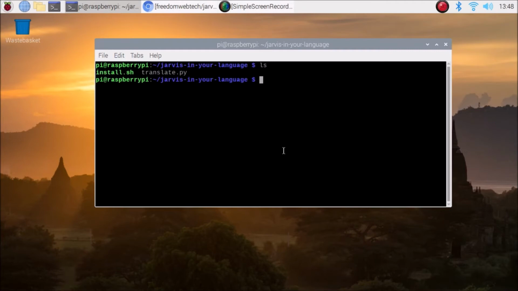Now we are ready, and I am going to show you the demo. As I told you, I am going to speak with the Raspberry Pi 4 in Spanish, and basically we are going to ask this question in English, name of goldfish. So let's just start. sudo python3 and our script is translate.py. Now I am going to hit enter.